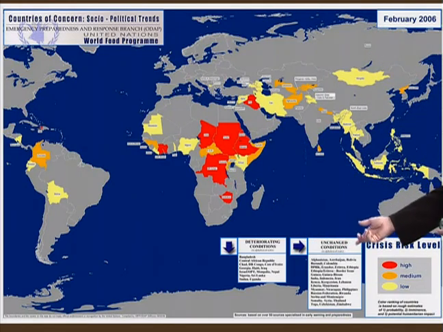The red again, as you can see, would be more the high crisis areas. This map now is the type of map that could well change from month to month, but it just gives you an overall idea of the way that we track these situations. It's a way of trying to understand where we may need to be moving in